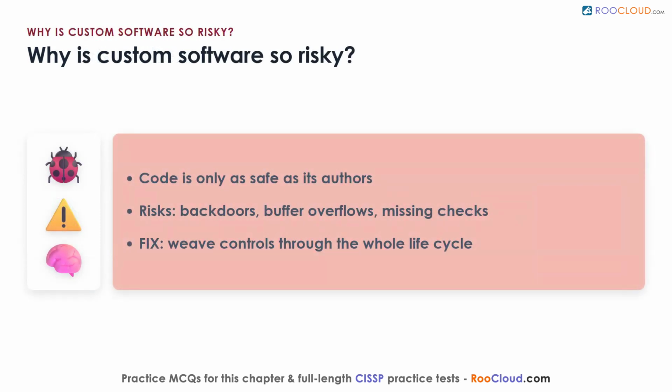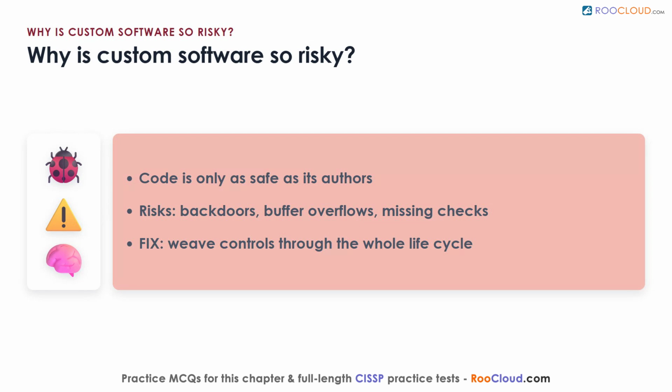So, why do custom-built applications carry so much risk? Because organizations write their own software to serve goals no vendor product covers, and that code is only as safe as the people who write it. A rushed or malicious developer can plant a hidden backdoor, leave a buffer overflow, or forget a check that lets an outsider in. The fix is to weave security controls through the entire development lifecycle rather than bolting them on